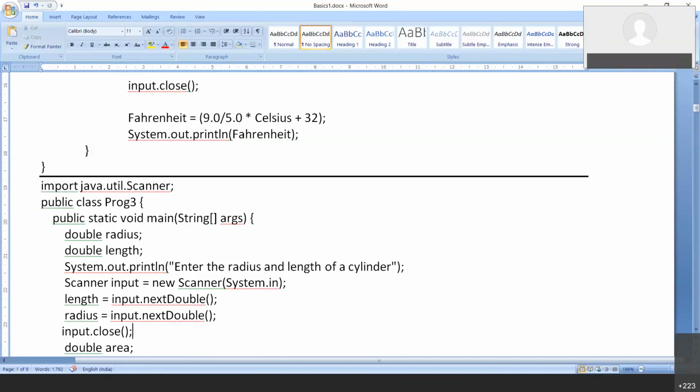Yes, Vishal, even if you don't close it, your output won't be affected. But your memory is leaking. Somewhere in the memory, you have not closed it, so someone can access it. So you should always close it. It is not about running the program. It is about understanding whether you are in a position to close it or not.